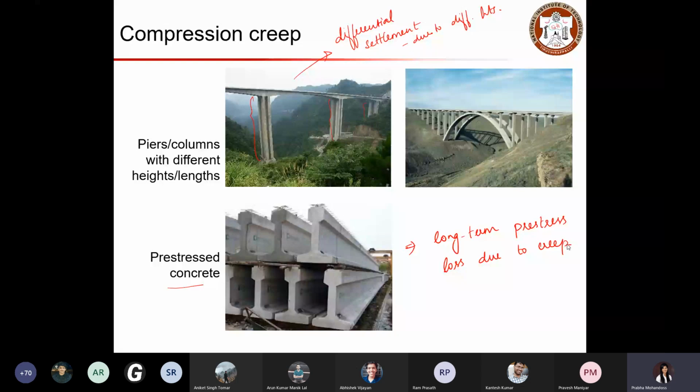This will help you to produce longer elements with less thickness, and that will help you to reduce the overall dead load of your structure. But when the pre-stress loss occurs due to creep, that is going to affect the whole structural capacity of your element, and thus the capacity of your structure. So we need to give attention in such systems in such a way that your structures will not experience such losses due to creep significantly.